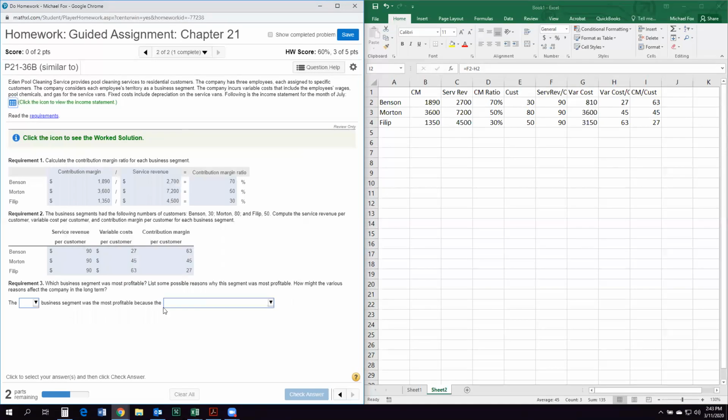So let's see. I'm not sure if they want us to do in pure profit sense, a higher contribution margin is better, but I'm not sure what they're looking for with that. So I'm going to try Morton because they have the highest contribution margin. And we're going to say it has the most profit because